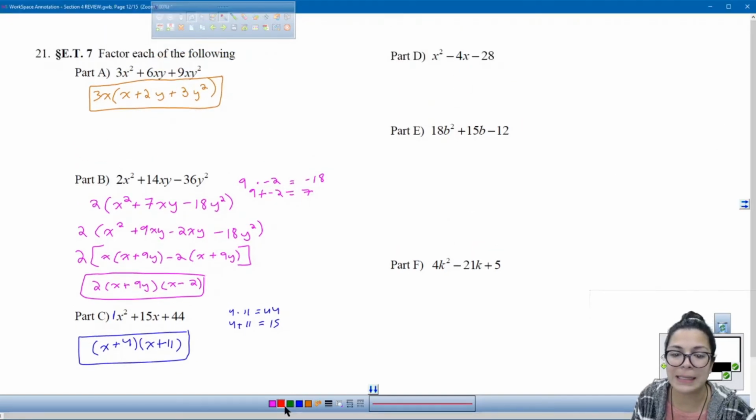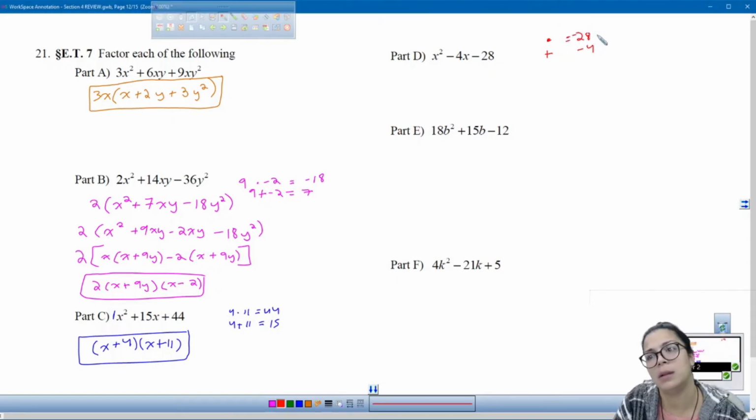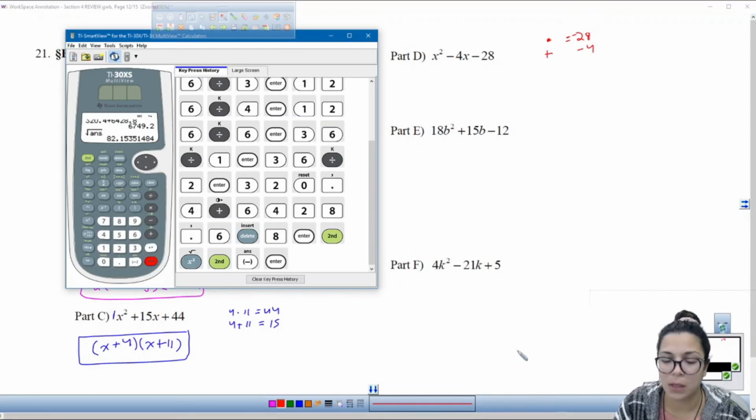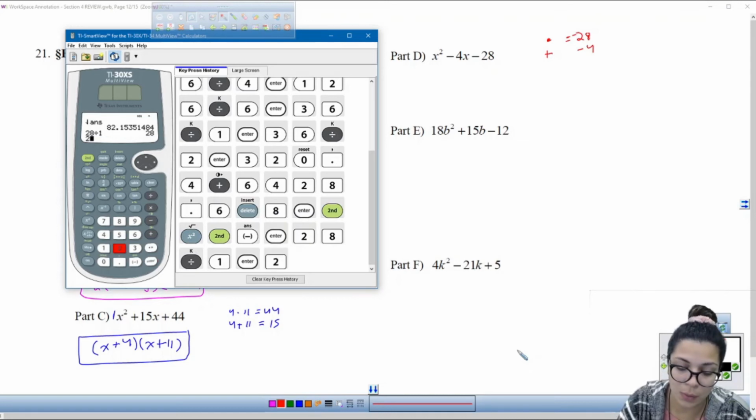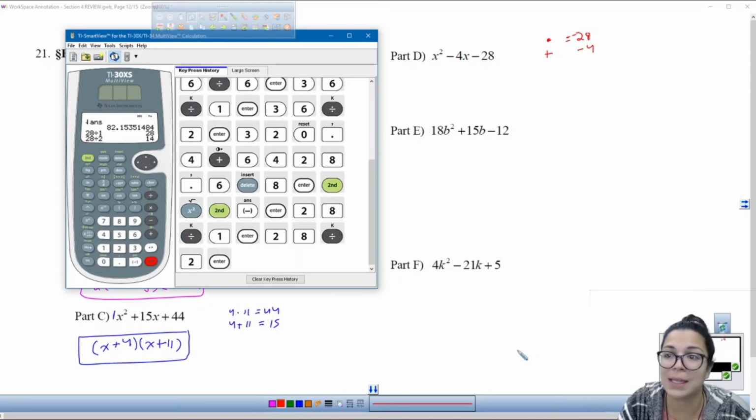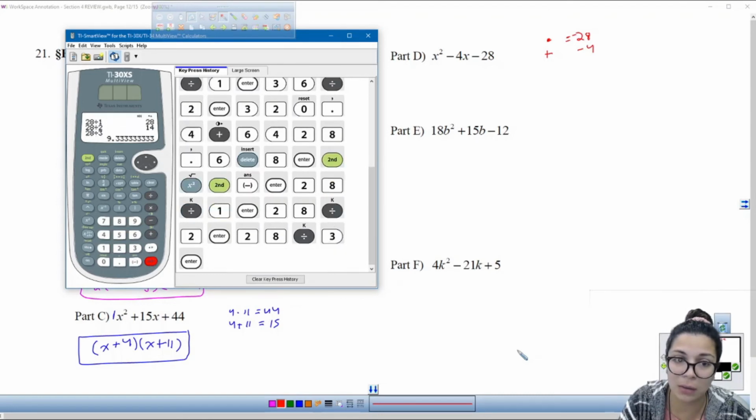Okay, back up on part D. Multiplies to negative 28, adds to negative 4. Okay, 28 divided by 1 is 28. Negative 28 plus 1 would not be negative 4. 28 divided by 2 is 14. Negative 14 plus 2 is not negative 4. 28 divided by 3, 3 is not a factor. 28 divided by 4. Okay,